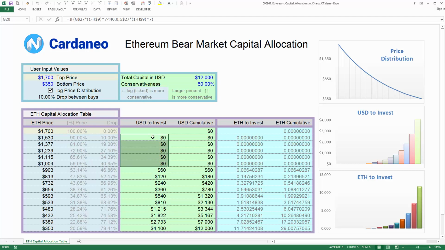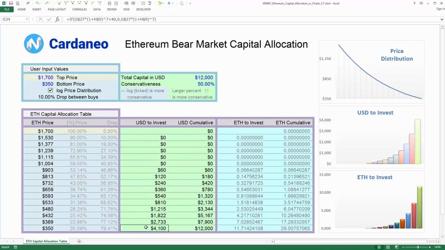As a matter of fact, I have a limit here that if the purchase price is less than $40, I turn it into zero. Due to Ethereum fees, sometimes it's not very practical to purchase amounts that are less than, let's say, $40. In this scenario, I will have a large purchase at the very bottom.